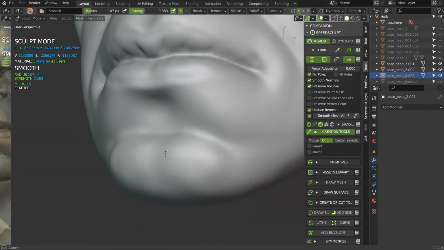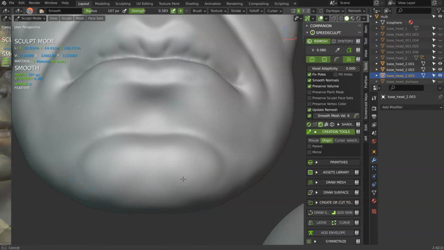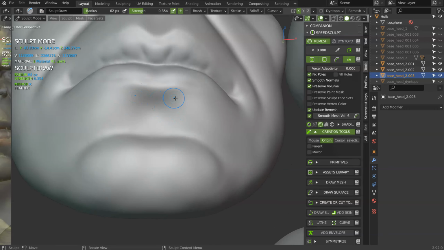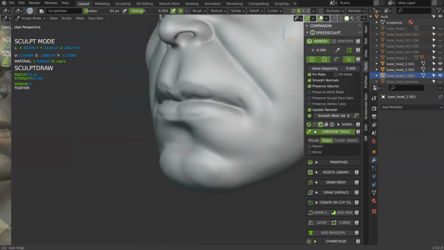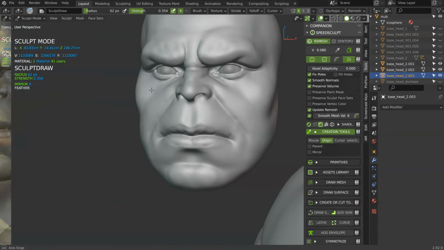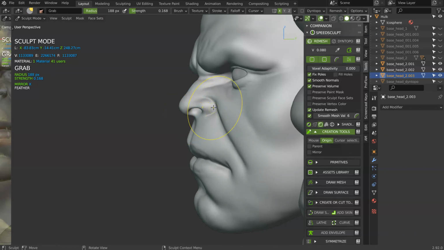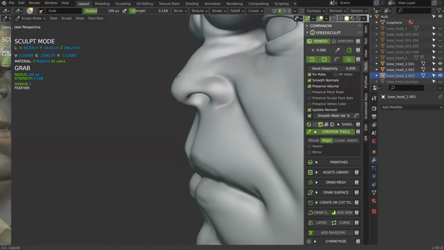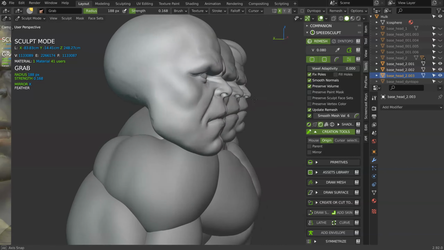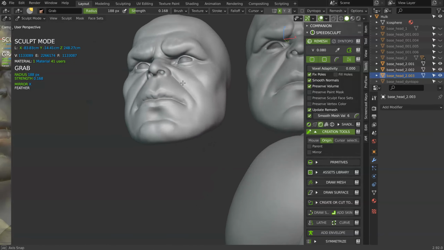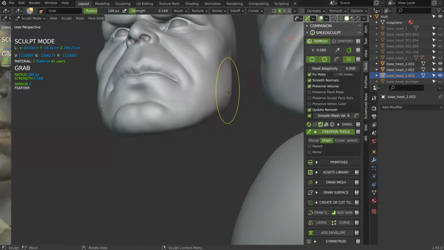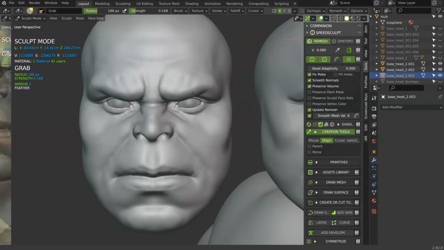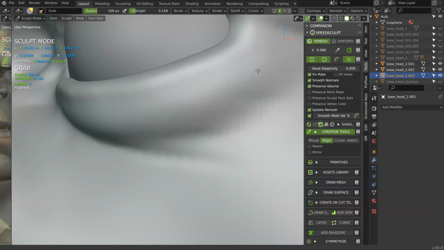Add some detail and smooth until you have some detail visible but not everything visible. The point is not to show everything. Just like that. Maybe move the nose here. Maybe round this one a little. And as you can see, this is starting to work.